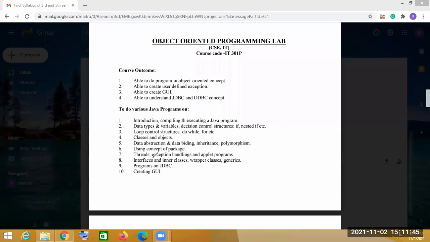Without using an IDE, we will do the Java programs through the command prompt. So we will see first how to install Java.